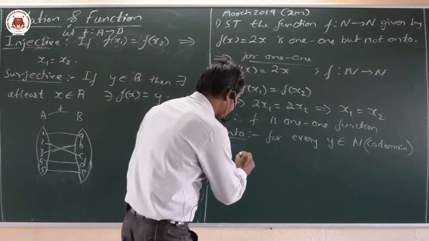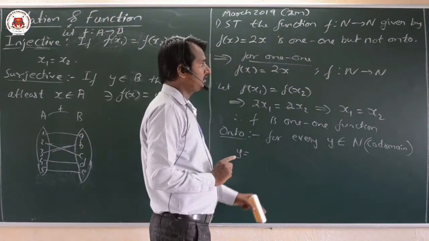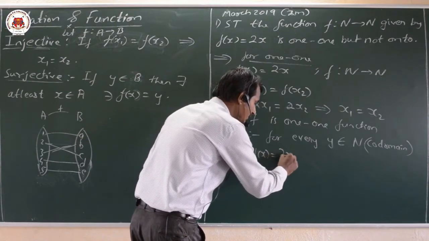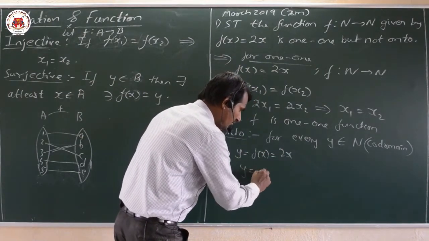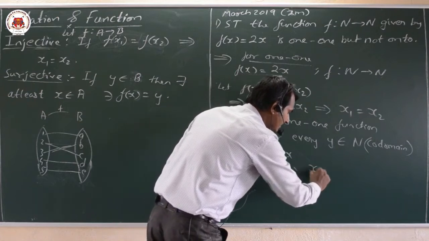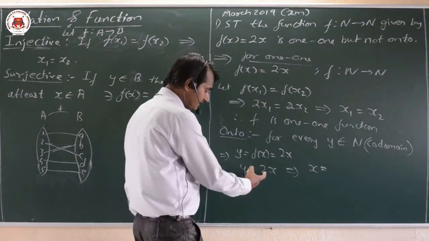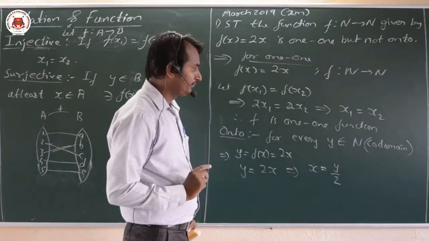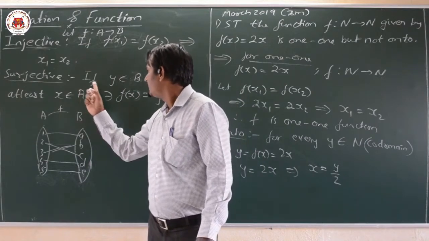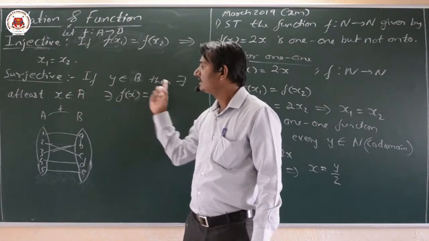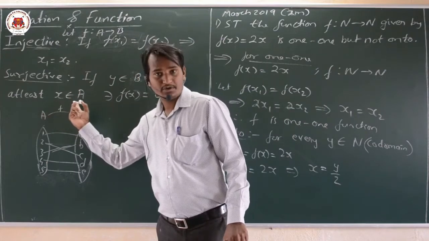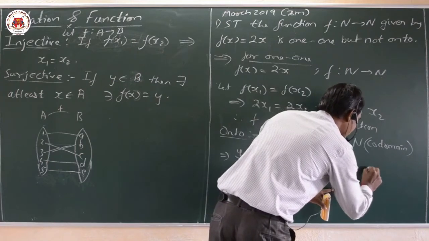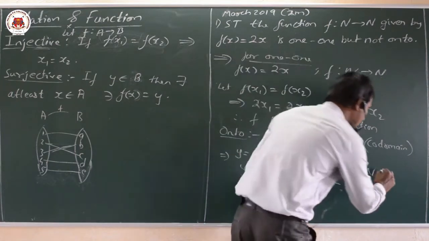Okay. For every y belongs to B, then what we can write here is y equal to f of x. What we know? y equal to f of x, which is 2x. Now y equal to 2x. That implies, see what the x value becomes, that is x equal to y by 2. My dear friends, what is the x value now? y by 2. What we require is: for every y belongs to B, there exists at least one x belongs to A. In the same manner, x equal to y by 2, does it belong to the domain?